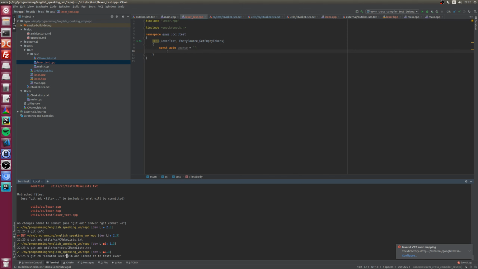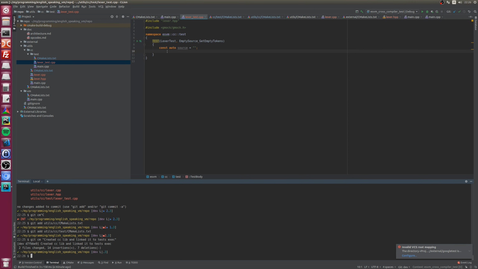Not Elixir but cclib, and link that to the test executable. Yeah, should have not named that exec because that's not the only Windows thing, but yeah, whatever.